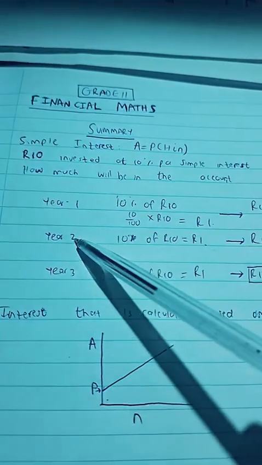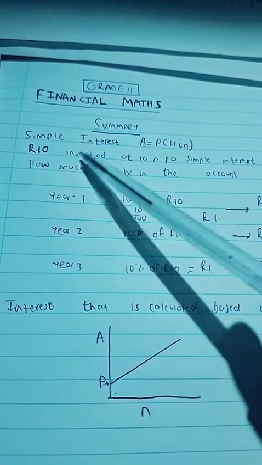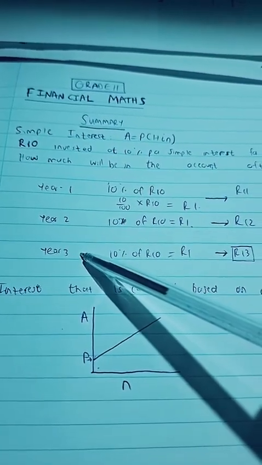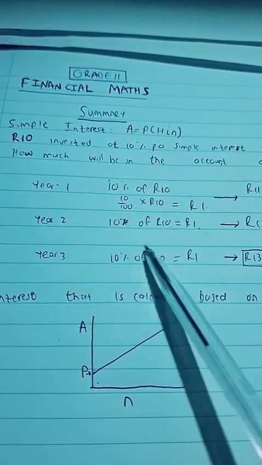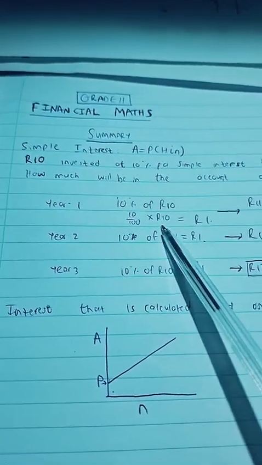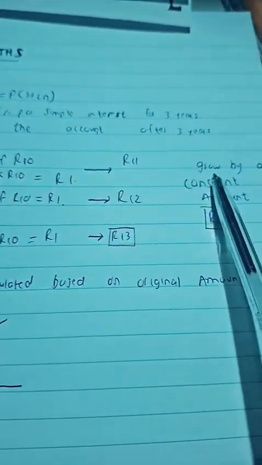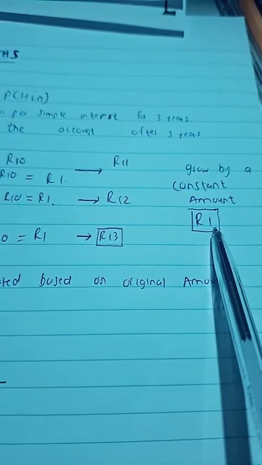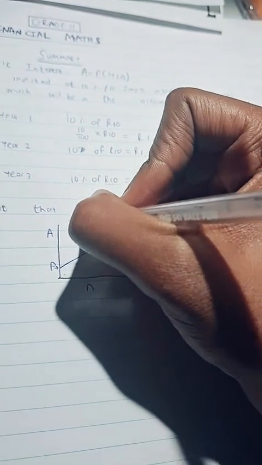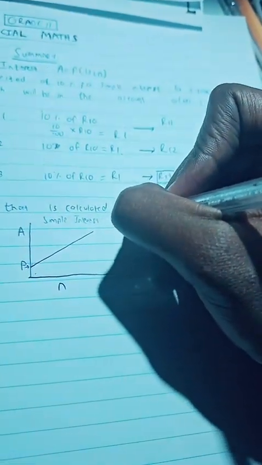If we go to the second year, we are still asking ourselves, what's 10% of that 10 Rand, that original amount? It's still a Rand. In the third year, we are still asking, what is 10% of 10 Rand? So this account, which is based on simple interest, is going to be growing by a constant amount, which is 1 Rand. So that's why we say that simple interest, if we were to represent it graphically, is a linear function,